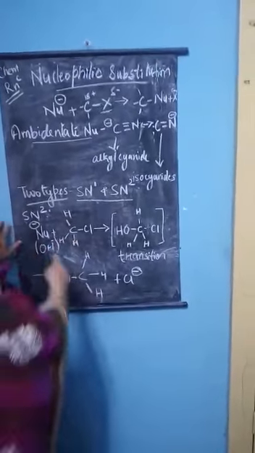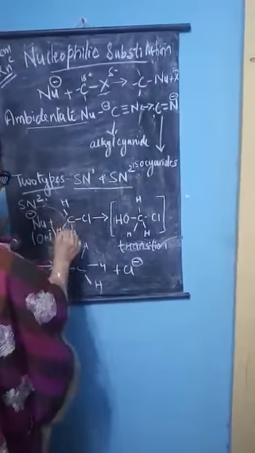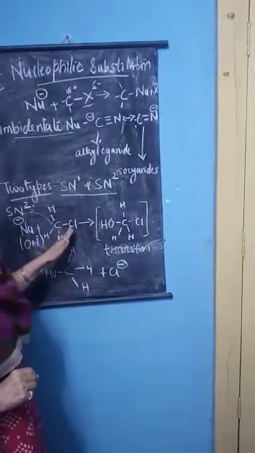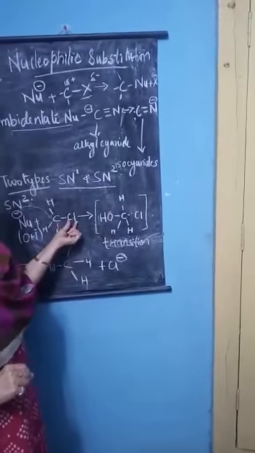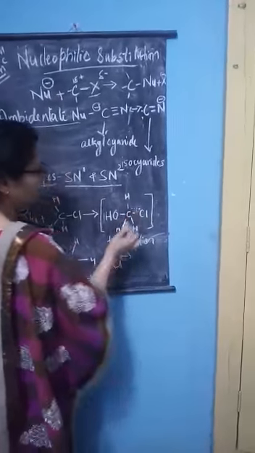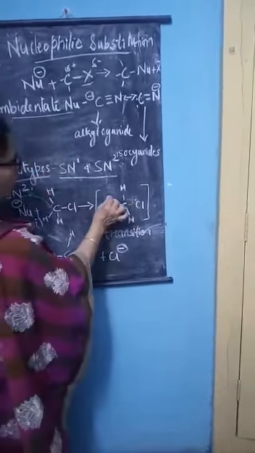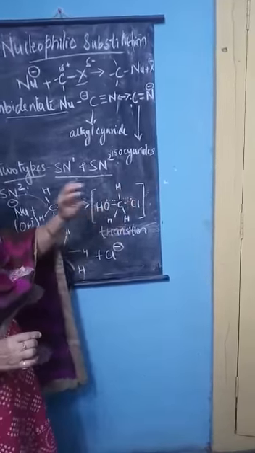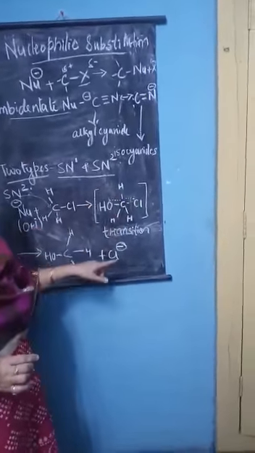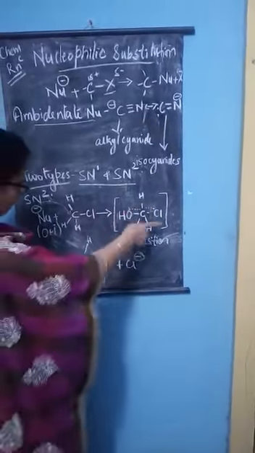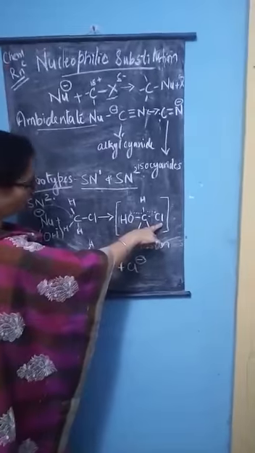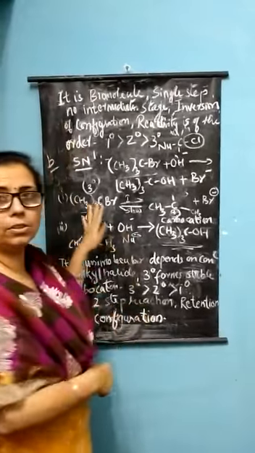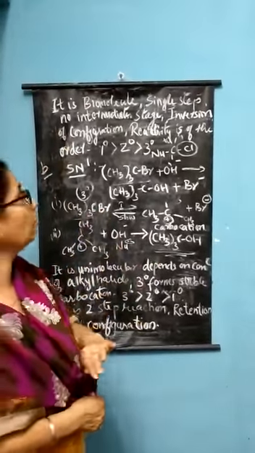Now what will happen here? This nucleophile gets attached to the carbon present there and forms a transition state. That means the nucleophile which is already present gets loosely bonded, and the incoming group also gets attached and is loosely bonded to this carbon, forming 5 bonds. 5 bonds are not possible, so it is highly unstable and breaks down immediately. It breaks and removes the already present nucleophile, and the incoming OH group remains. It is a continuation of the first video which I have already sent to you all.